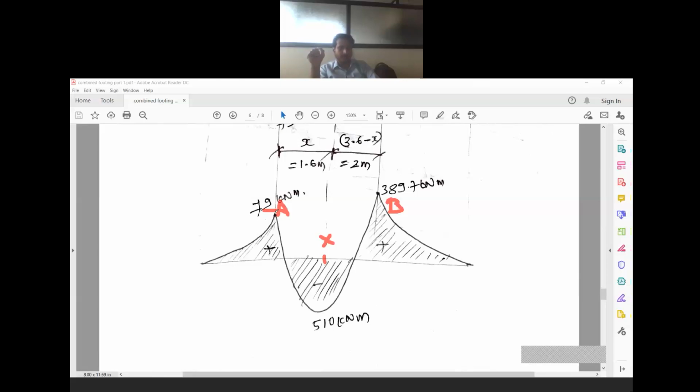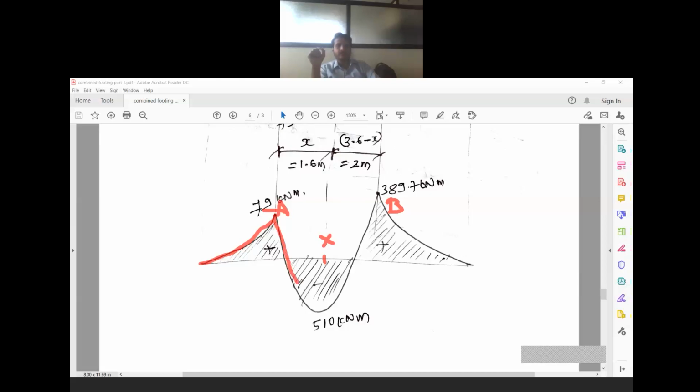At A, MA is 79 kilonewton meter. At B, I have 389.7 kilonewton meter. So from this edge I shall draw a non-linear curve, a parabolic curve like this, and